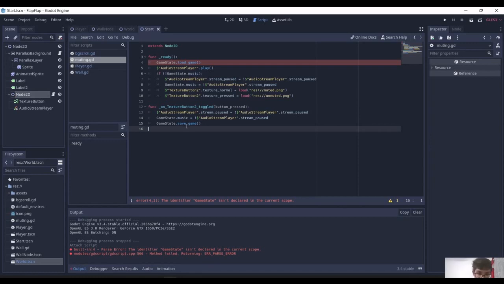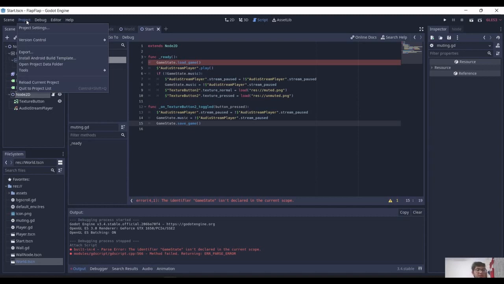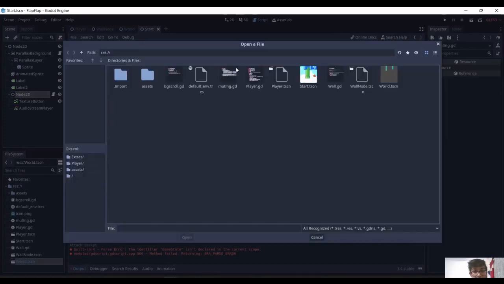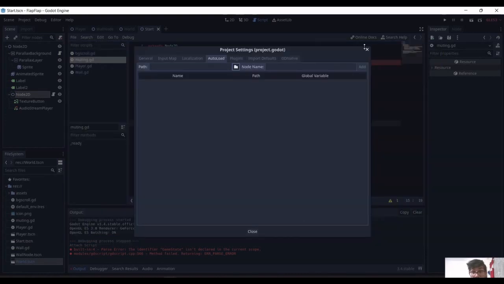So we have these functions save game and things too. So I'll be making a game state which is basically a singleton. A singleton is something which can be accessed by every node in Godot. So I'll be making a singleton. Project settings, auto load, and no, first I have to create a script. To create a script,